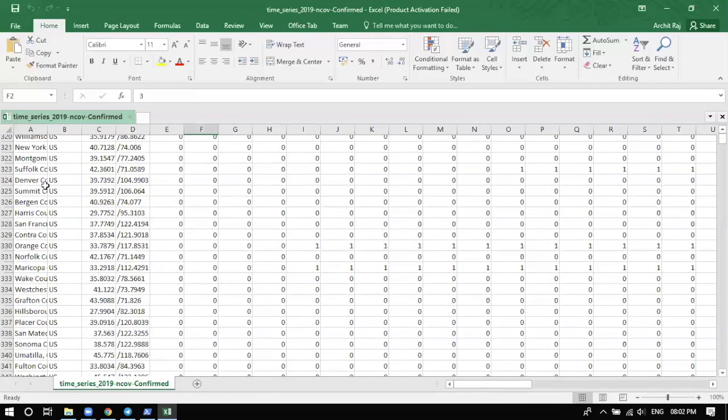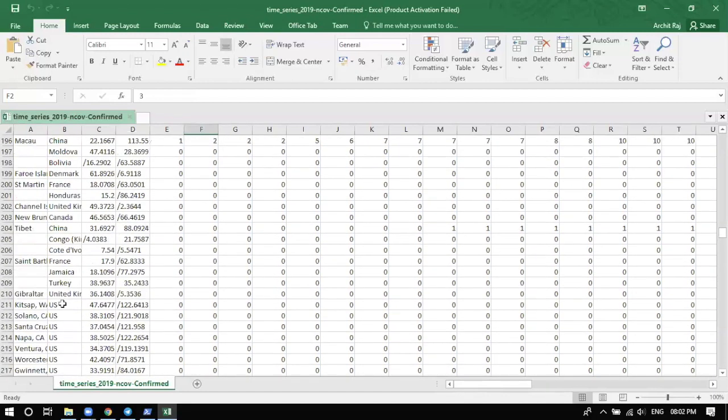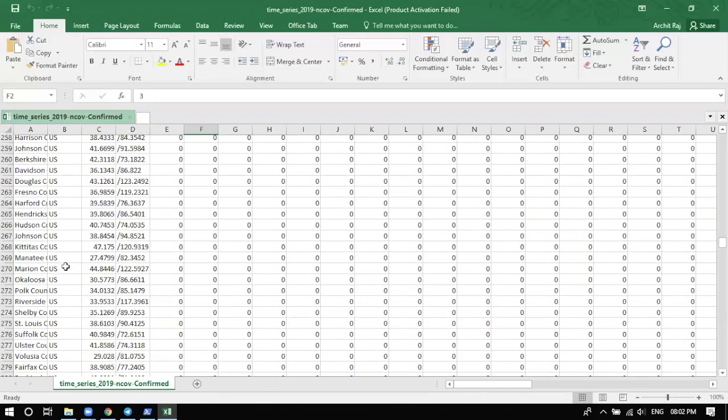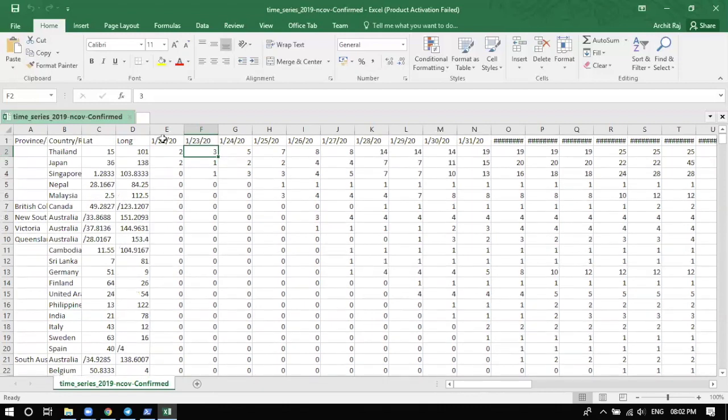70% of the countries, like total, how many countries are there? I don't know. Now, one more thing that you should check on. You can see US so many times because the country has so many provinces. So for different provinces you have different numbers. So you have to find out if for a particular day more than 70% of the countries are virus free or corona free.